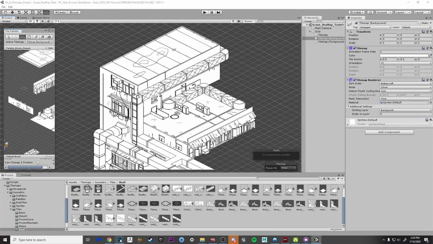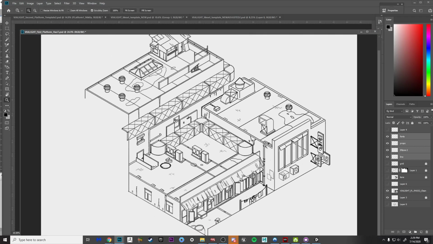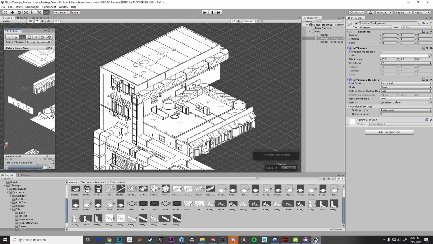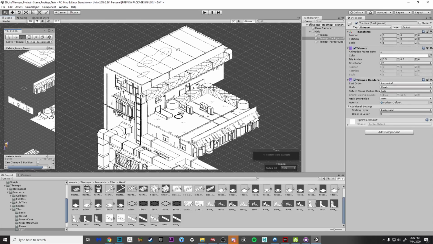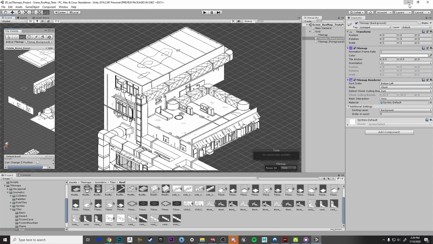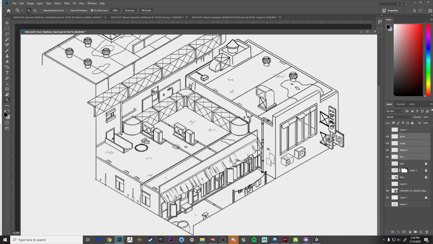So I'm going to start in Photoshop, and I'm going to use How's work on the first platform. You can see that I already imported mine and Nikita's as a kind of extended test, and it's all worked pretty well. So now I'm going to use How's work on the first platform to just kind of get this video guide out. The first thing that I'm going to do is grab all of these,